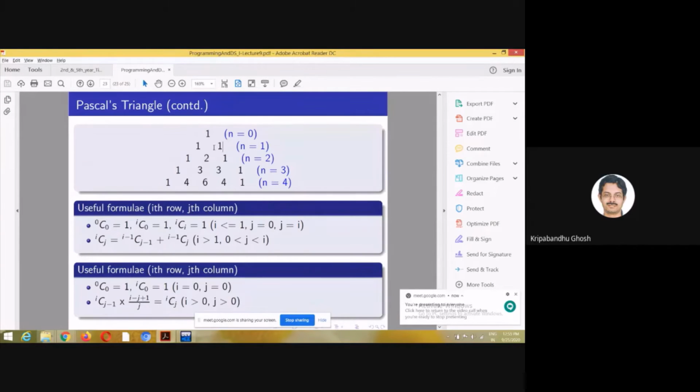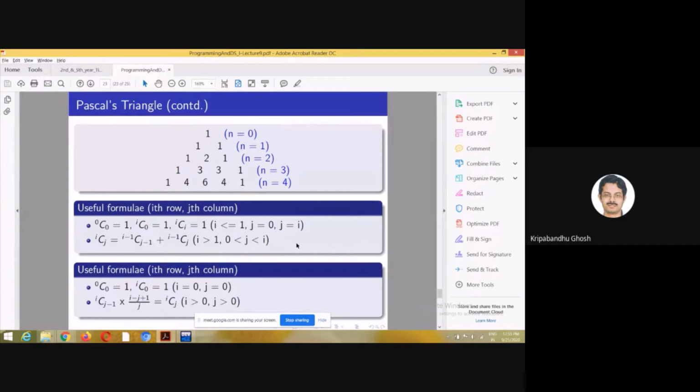So what do you need to do? You need to store this number. You need to tell the program that in the first position and the last position, I'm going to print 1. End of the story. Here also I'm going to print 1. Here I will store the values of the previous step and I will add them, and then I will update. I will then store these values in the current step, and then in the next step I am going to use these values. I'm going to add this up. That is also possible. So please try this out.